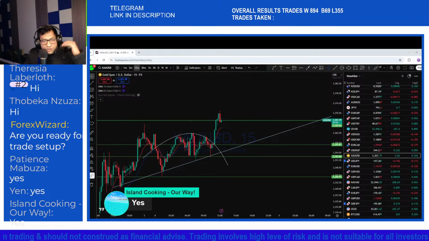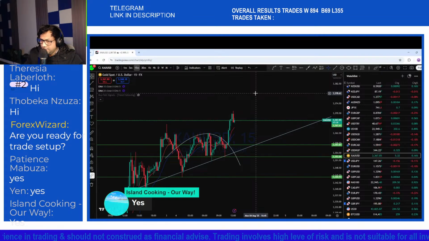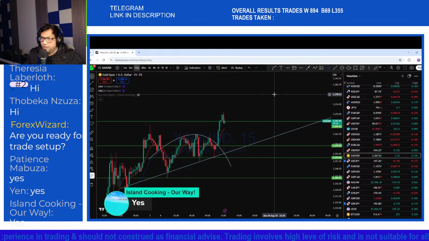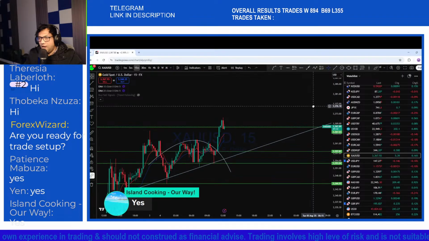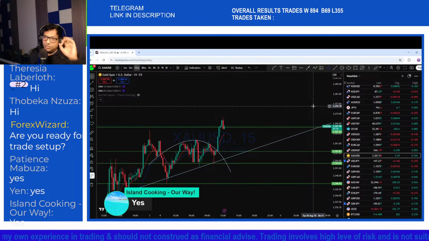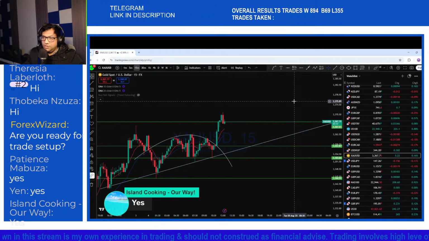And also, this is after the NFP, the market is still maintaining that bullish trend in this market. So after the NFP, the market is rearranging, restructuring here. And in that market, we will be looking for an entry. Let's look to see where the market will potentially be heading.